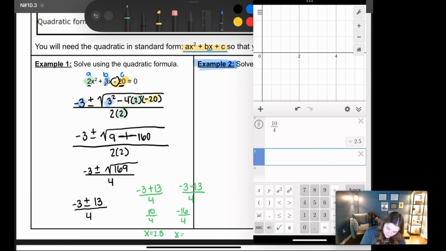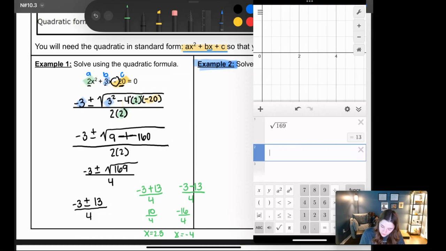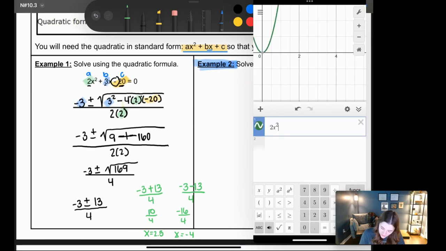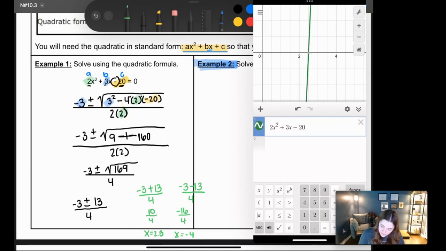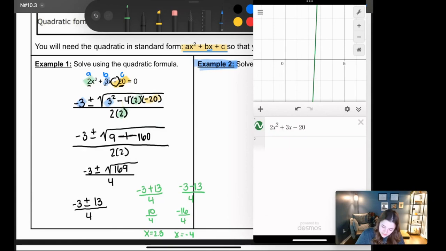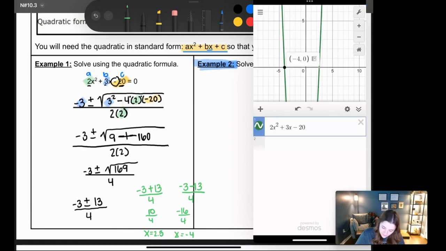So your other solution is -4, and we can double check to make sure that these solutions are correct, just like we did in our last set of notes, by saying 2x squared plus 3x minus 20. And let's take a look. Let's zoom out here. We have one at -4, perfect, and we have one at 2.5. Perfect, and those are your two solutions. You are going to try example 2 on your